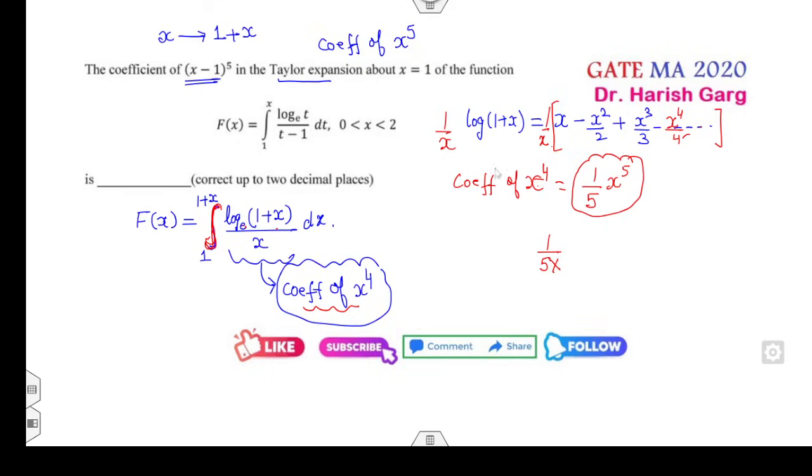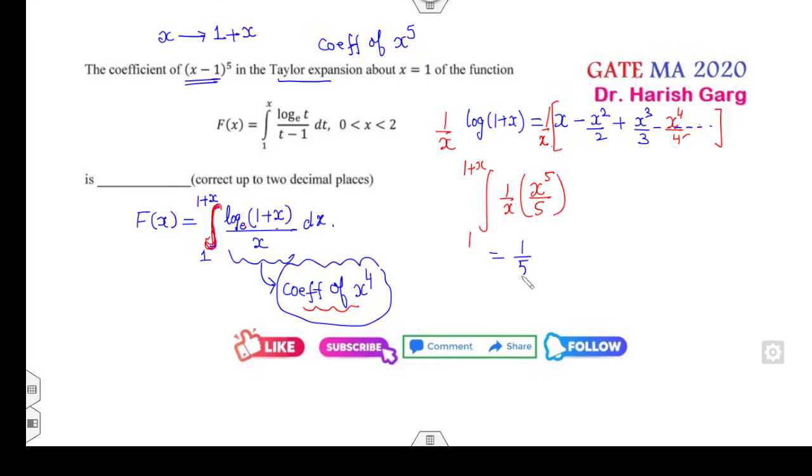Just wait. If you integrate them, एक्स की यहाँ एक्स की पावर 4 कब आएगी? इफ यू गेट एक्स की पावर 5 ओवर 5, फाइन। तो अब इसका इंटीग्रेट कर दो आप, 1 to 1 plus x, so that will be 1 over 5 is outside, this is 4, so that is a 1 over 5, so 1 over 25 is the right answer of the problem।